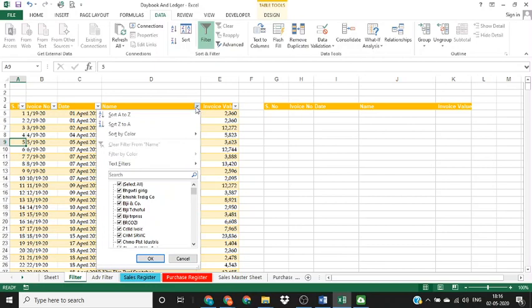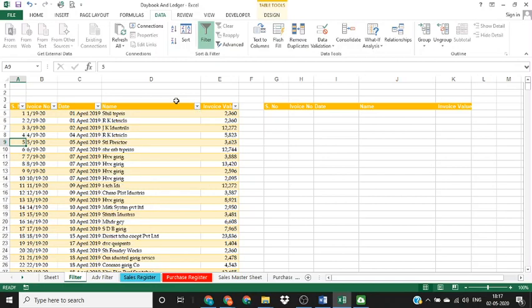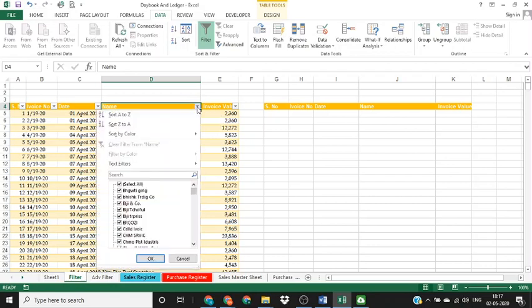In those kinds of filters or requirements, there is an additional function of Excel called wildcard, which can be used. We'll be covering a separate video on wildcard, and we'll share the link of that video in the comment box of this video, so you can refer to that if you want.